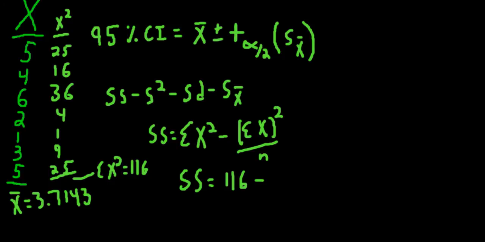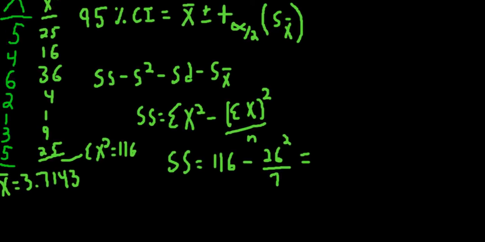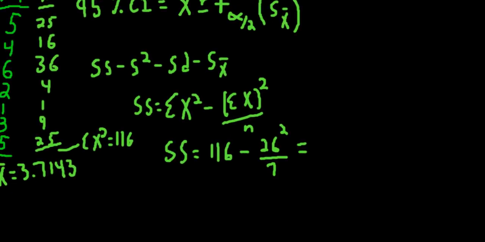Subtract the sum of x squared, where the sum of x in this problem is 26. If we add all of these individual data points up, we get 26. We would take 26 squared over n. N here is 7. So to get the sum of squares, we work that out and get 19.4286,